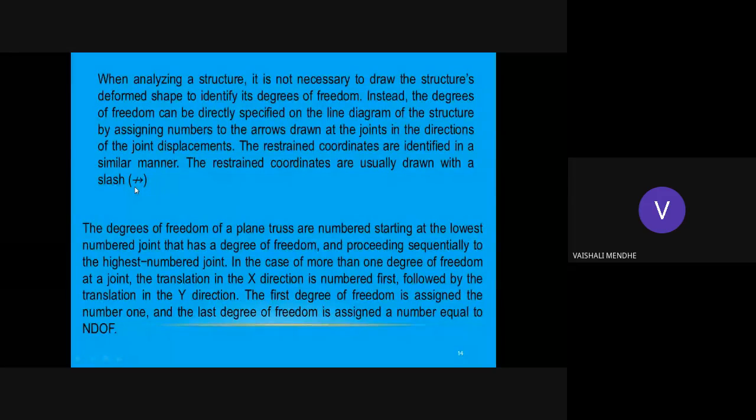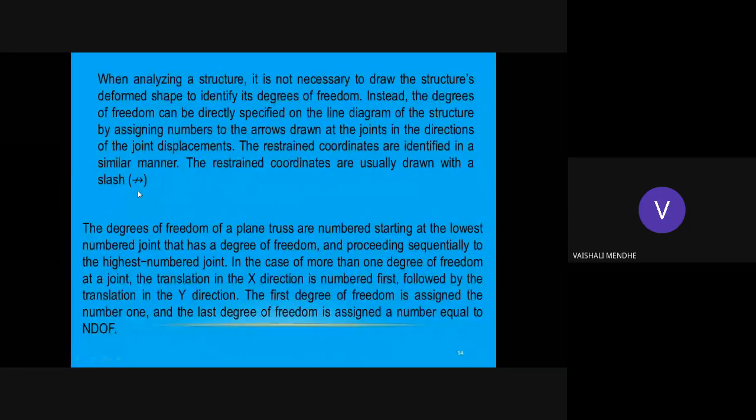Whenever we are analyzing a truss or any structure, first of all, to identify the degrees of freedom, we give the freedom codes and the restraint codes. The number of freedom codes will be equal to the number of degrees of freedom. If your structure has 3 degrees of freedom, the freedom codes will be 3, and the remaining coding will be restraint codes where there will be no displacement. We will understand this when we see the problem.